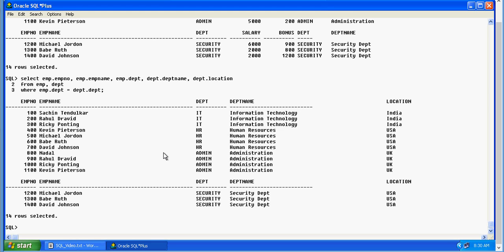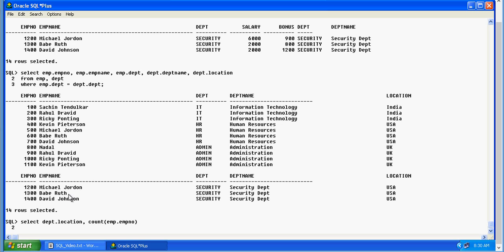So I would say department dot location. Then I want to have count of EMP number. Now EMP number is part of EMP table and everything remains same. So we say from EMP comma department where EMP dot dpt equals dpt dot dpt.